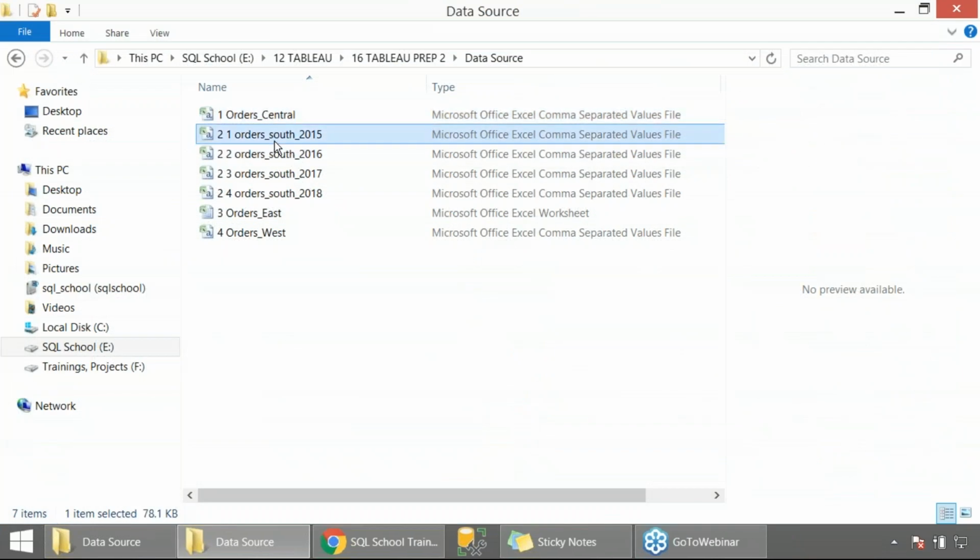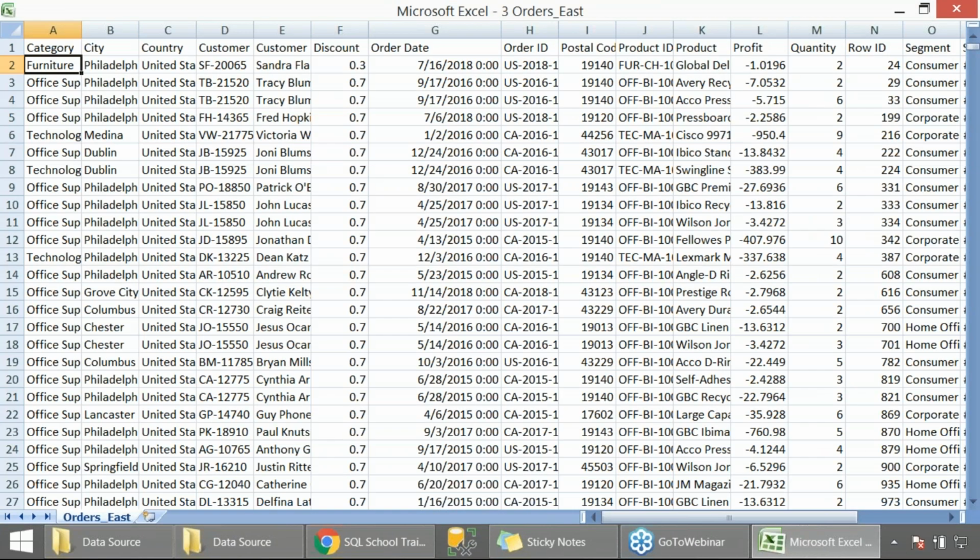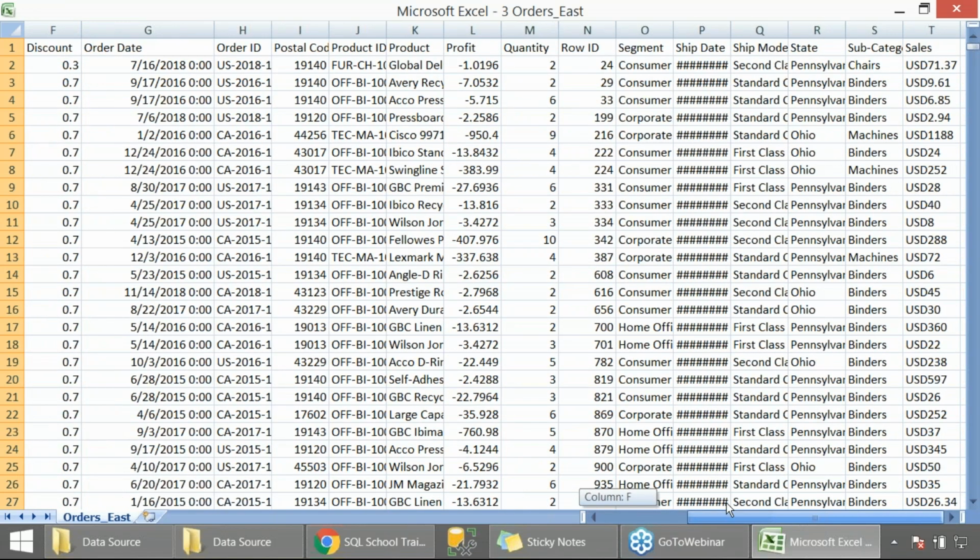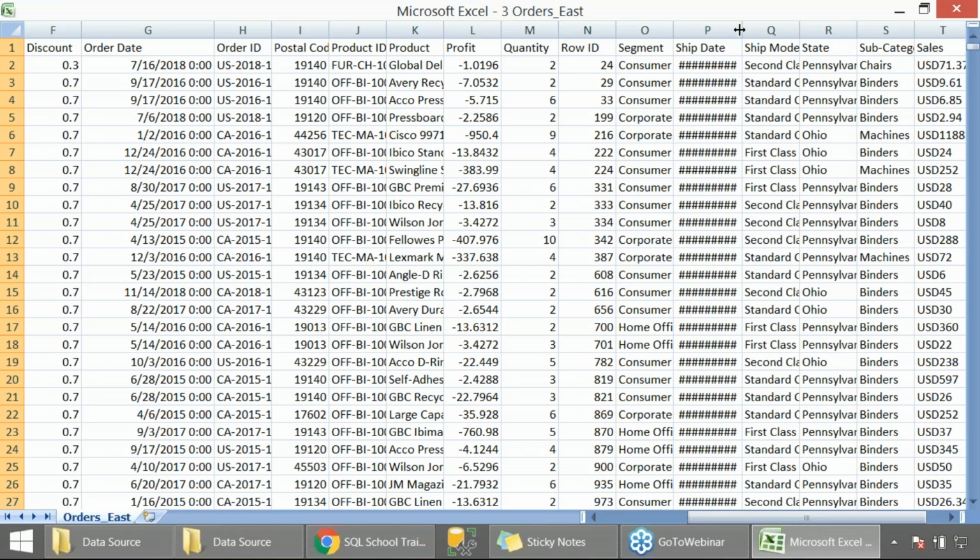Same way, you got some south or east or west data, but there is no particular column in the data source to denote that it is from the eastern zone or the eastern region. There is no specific column as such.